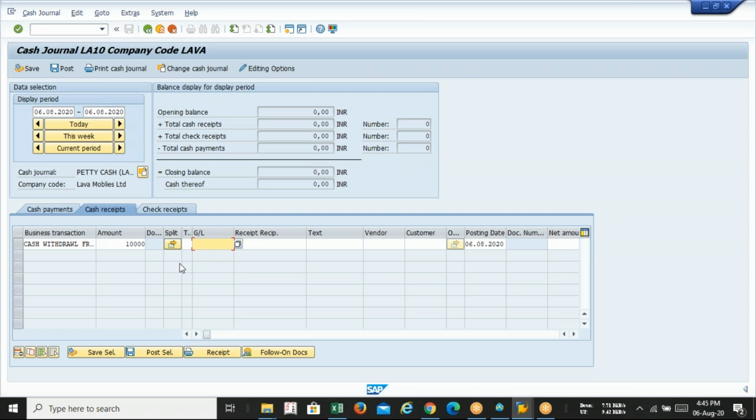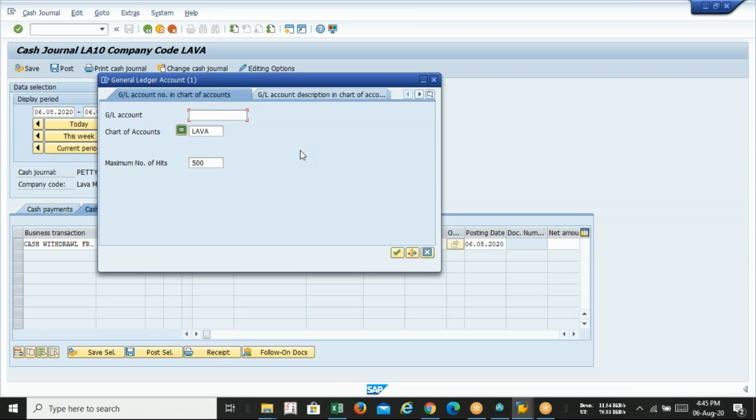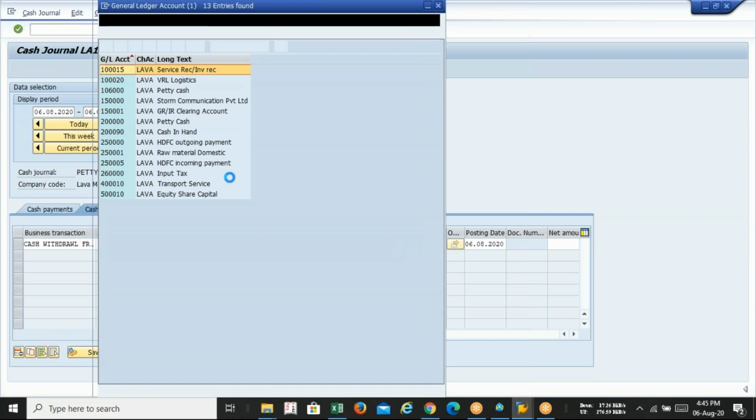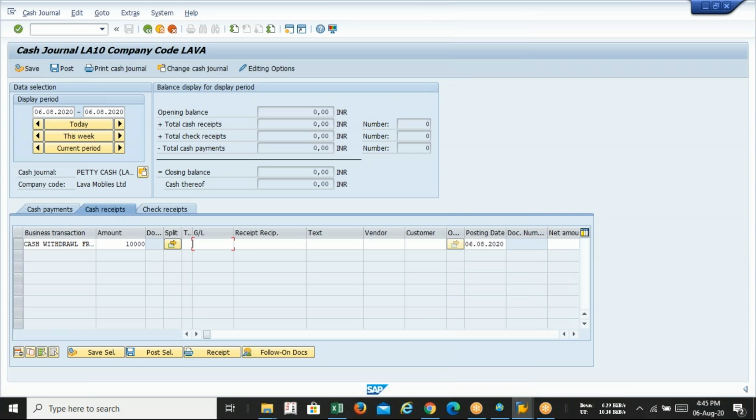It's a contra entry. So it will be the outgoing. If we maintain the cash book, it will come on the payment side for the bank. So that will be the outgoing GL. We are withdrawing the amount from the bank. So outgoing GL. Okay. Then enter.